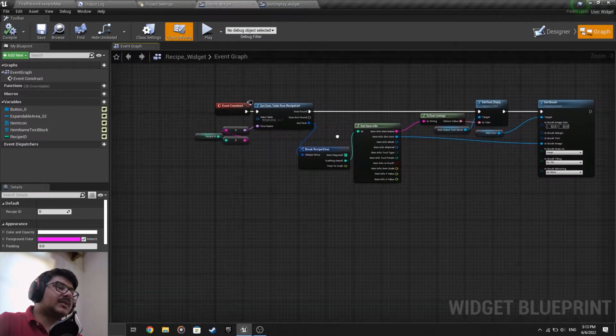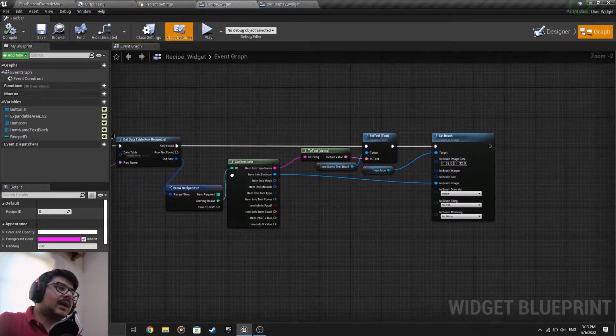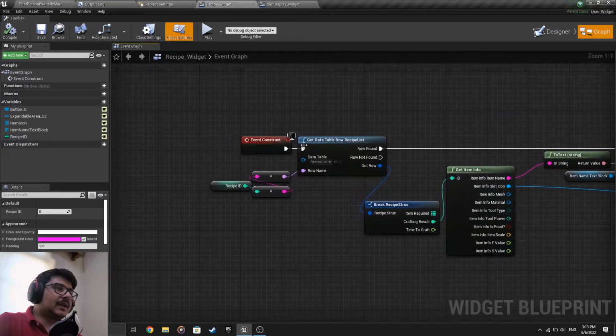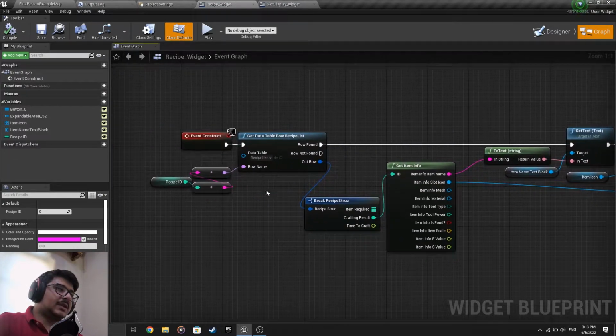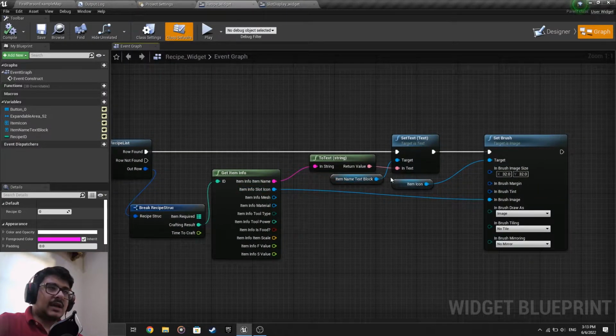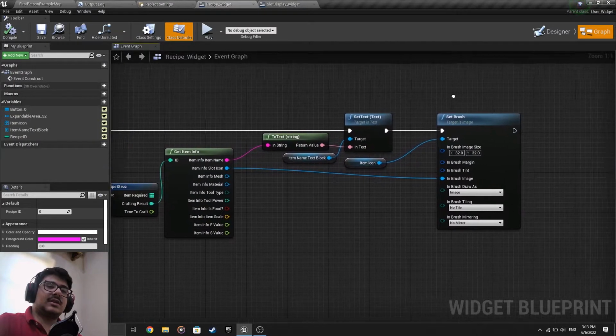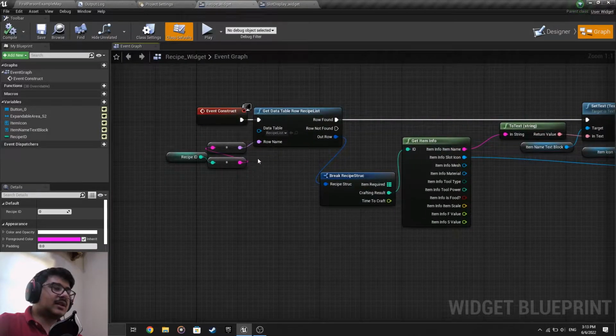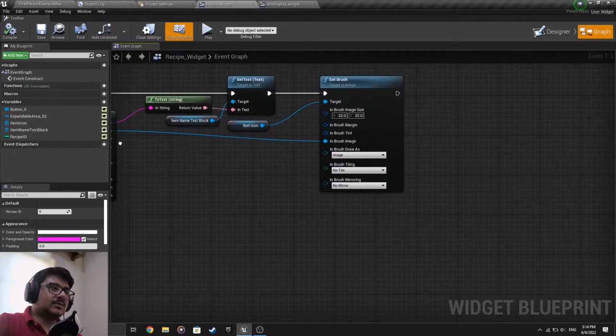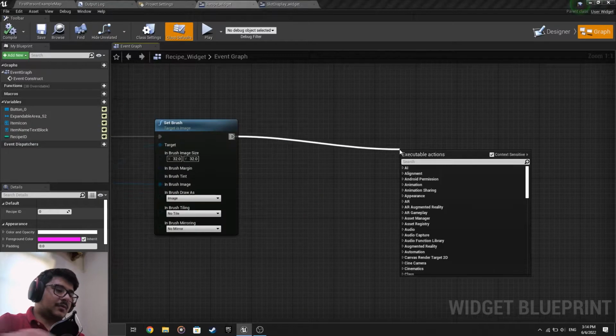This is inside the recipe widget, and as you can see here, when the recipe widget is created, it checks the recipe ID and displays the name and the icon of the result items for the crafting. So we continue on from here. We need to do a for loop,